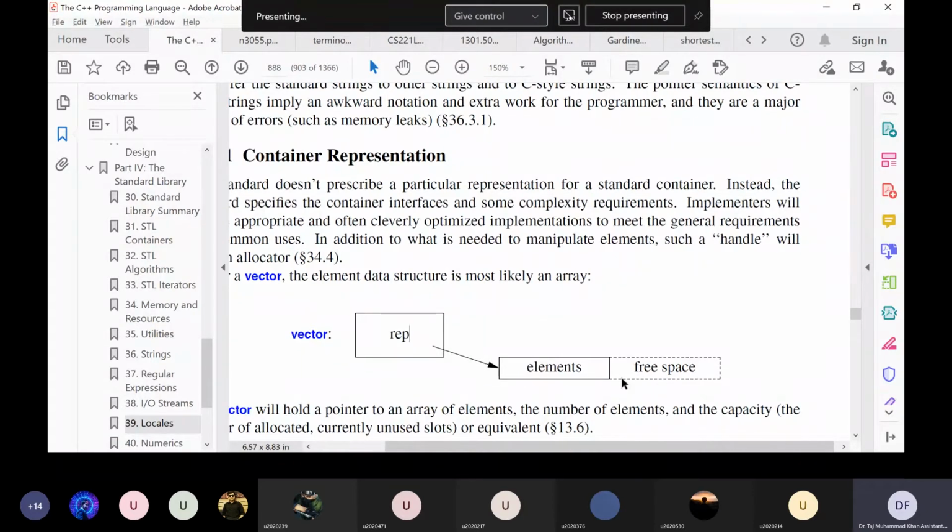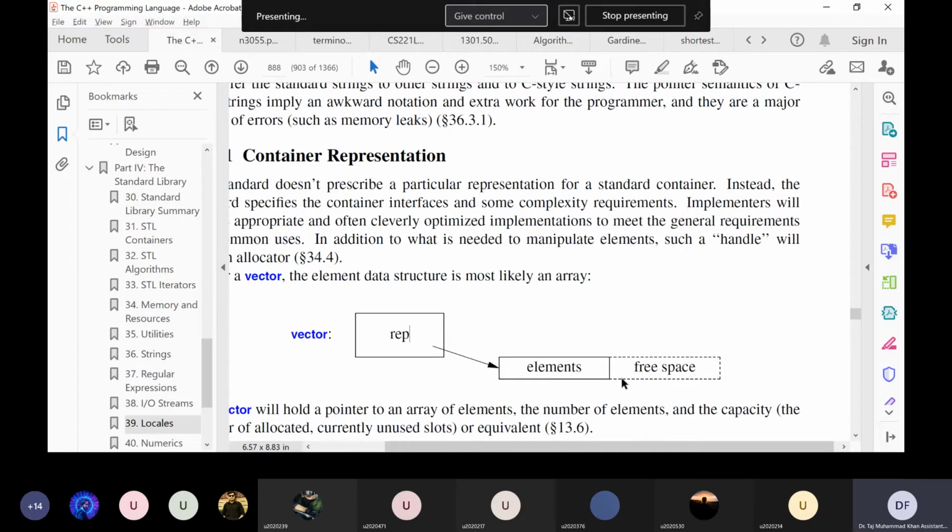So it will not be allocating or accessing the heap every time we insert an element. For 100 elements, it will not need to access the heap. So this way, our insertions will be more efficient or faster. Let's say once we have inserted 100 elements and then we insert the 101st element, then this capacity is no longer enough. So it needs to allocate more capacity. So what it will do is access the heap and allocate more capacity.